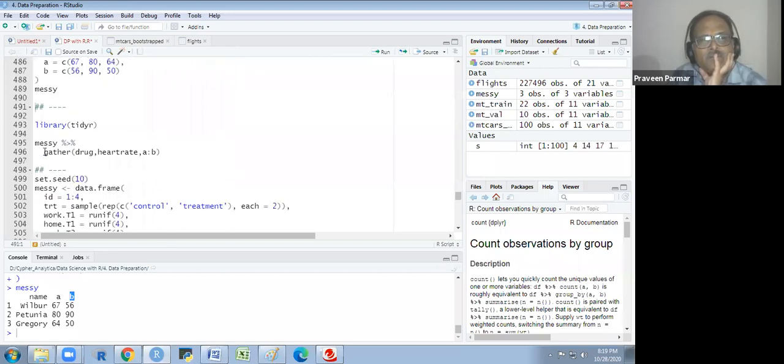Now I am going to gather it. What is gather? Gather means we have to collect things, we have to minimize the number of columns. There are three columns.